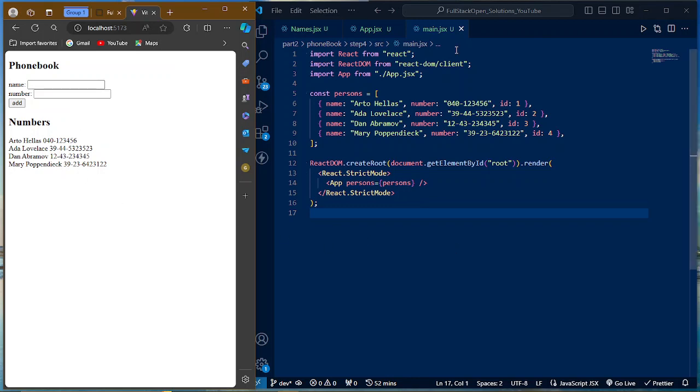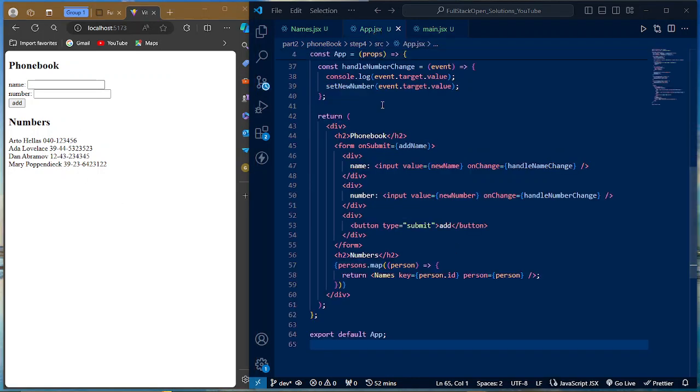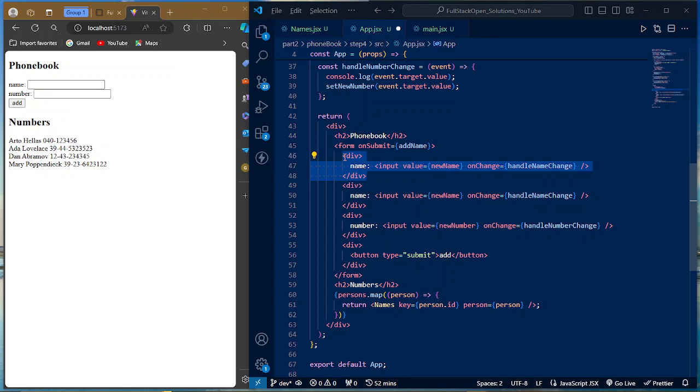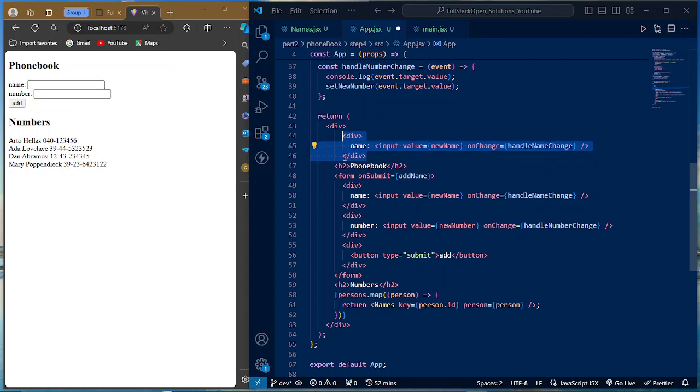All right, so next thing we need to do is to go to app.jsx. Let's create an input field here that helps us to search for any name here, right? So we come here, we can just duplicate what we have here. So here, let's duplicate what we have for the name and then we edit it to become a search input, right? So something like this. So we are going to place it